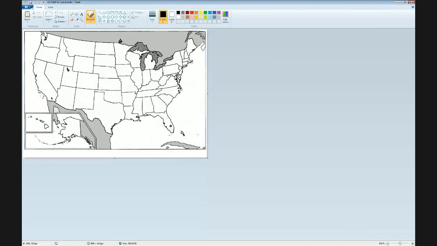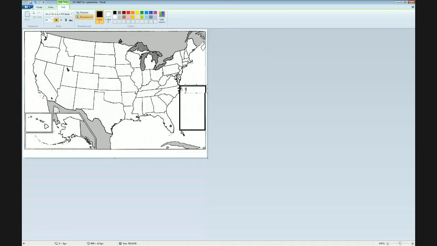In the bottom corner, I would make a key. So let's get a rectangle and let's click and drag our key. Right like that. Even I'm kind of getting the Florida keys in my key there. All right. So there's my key. I'm going to get the letters and write the word key at the top. If it's too large of a font, right now before you click anything else, make the font smaller. Well, actually, let's highlight it and then make the font smaller. There we go. So now I can click the home button,